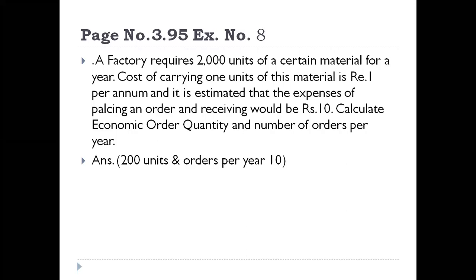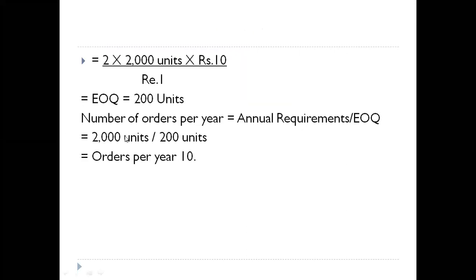Simple, we have to divide 2000 units by 200 units. So 10 orders per year. Okay, so this is our economic ordering quantity for purchasing the materials. The materials should be ordered so that each order consists of 200 units. You need not purchase the whole year's 2000 units for your factory at once. You have to order your product in a split up, 200 units in each batch, each purchase order. So this is orders per year.